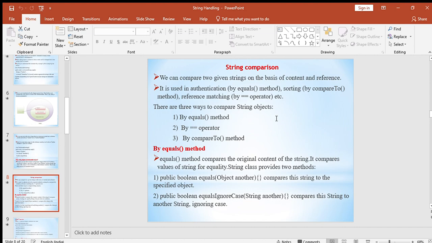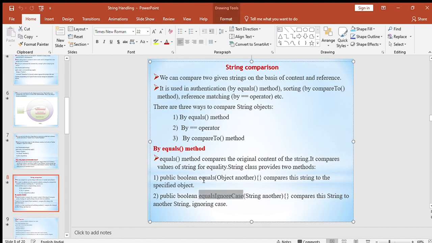So by using equals method, let's see. If you want to compare the original content of the string, use equals method. So here you can see this is equals and equalsIgnoreCase. You know what is the difference between these two methods? EqualsIgnoreCase means what? Ignore case means,